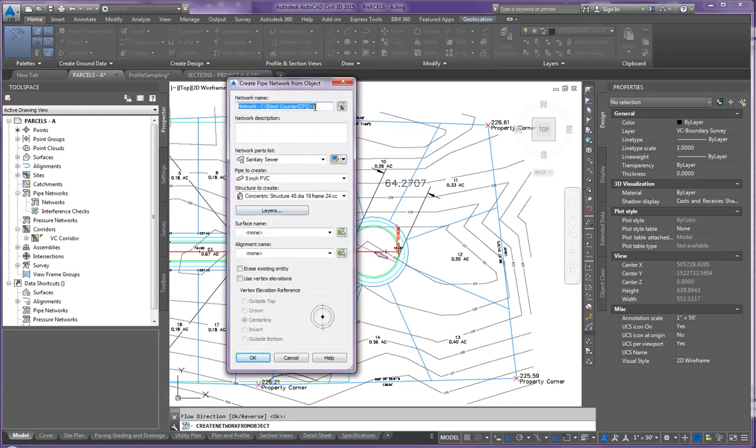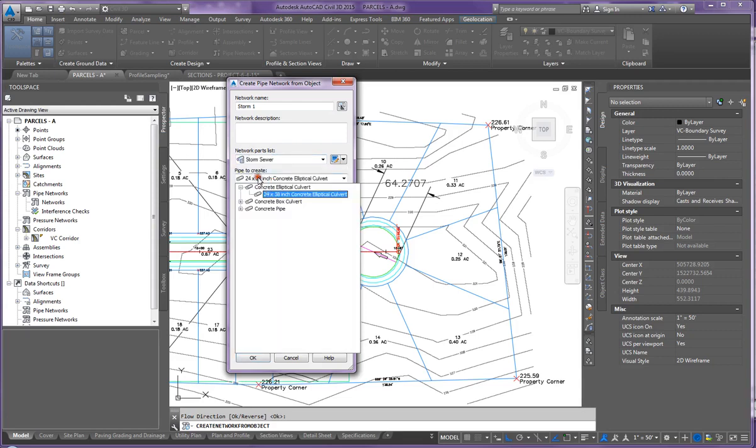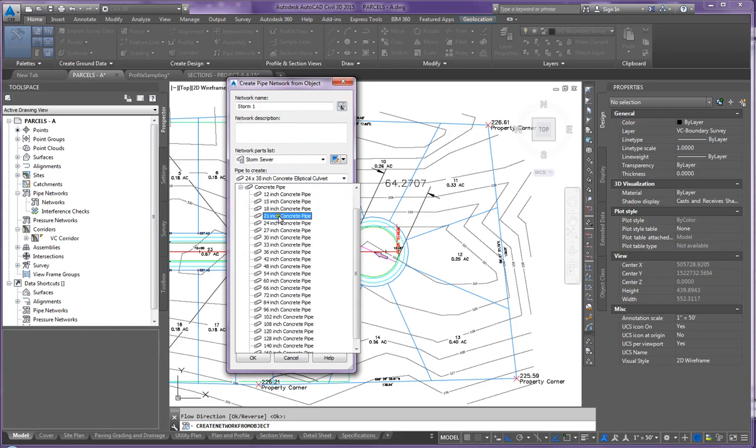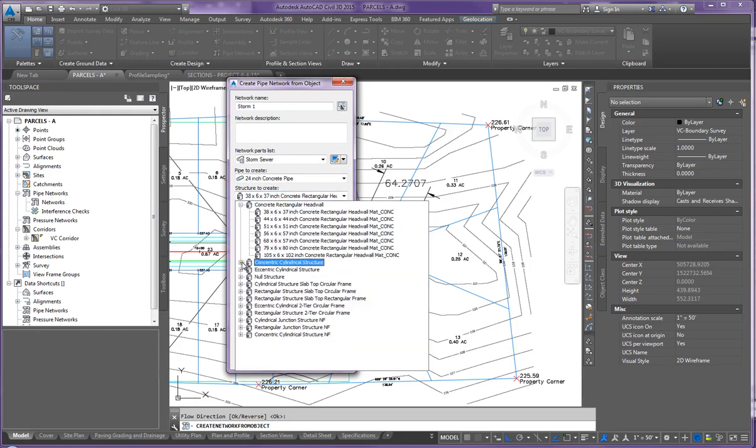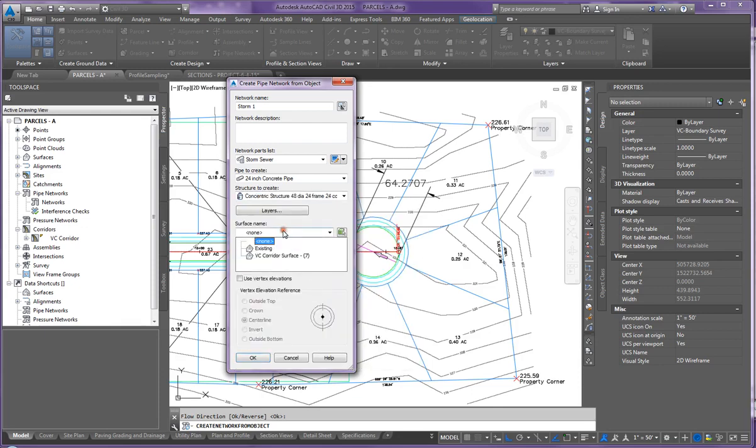The next thing that pops up is going to be your storm. So here's my Storm 1 network. We're going to change the part list to Storm Sewer. And the pipe to create, we're going to come down here to concrete pipe, and we're going to change that to a 24-inch. So starting out, they're all going to be 24-inch pipes. I'm also going to change the structure type to a concentric cylindrical structure. I'm going to use a 48-inch diameter because typically, unless it's a really deep manhole, the manholes are at least 48 inches in diameter. Now the surface name we're going to use is going to be the corridor surface, and